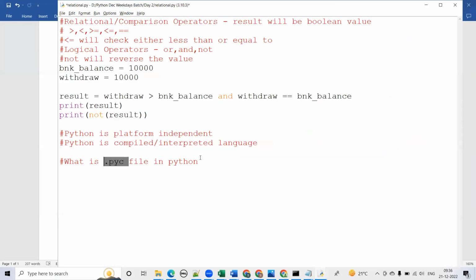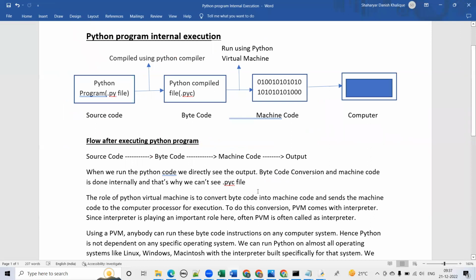So I had a question. You said once it becomes bytecode, it could be used on any operating system. Correct. But say we have a Python code written on Windows and you send it to Linux or any other operating system, it is still going to be a .py file, right? So again, no. You can compile it and send it as a .pyc file. For example,